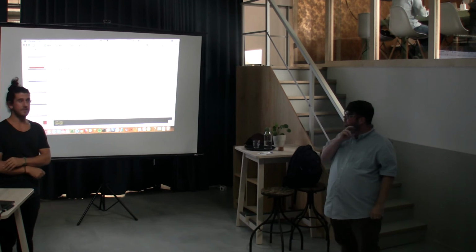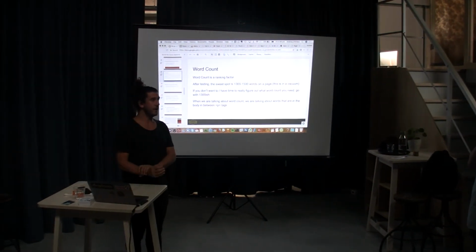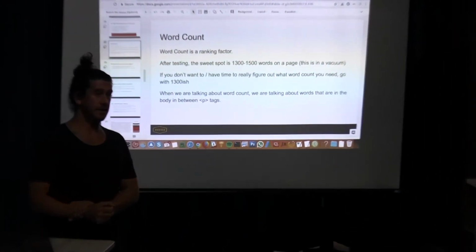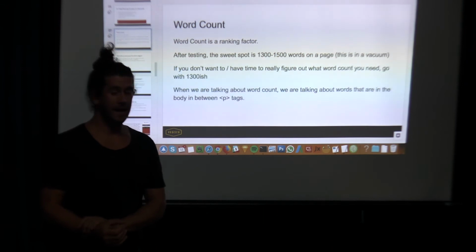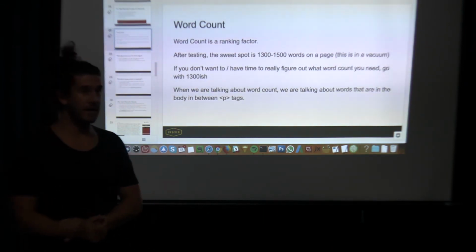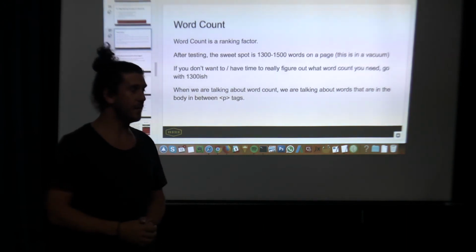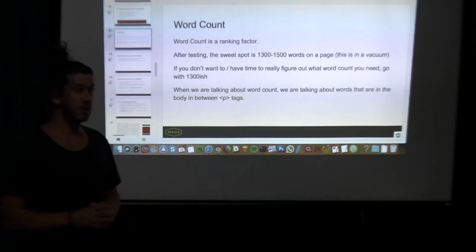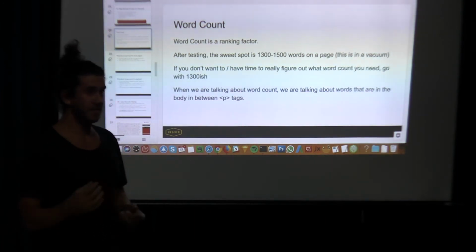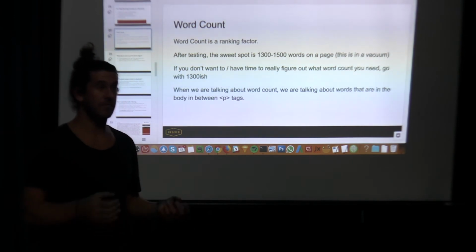Okay, so word count. Word count is a ranking factor. If you have pages that only have 250 words of content on them, and you're trying to compete on a keyword where your competitors have 2,000 words on their page, then already you're at a huge disadvantage. And that's a really common problem that we first have to fix, is that we're working with clients who have hardly any